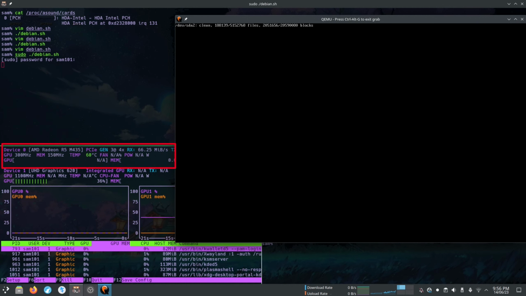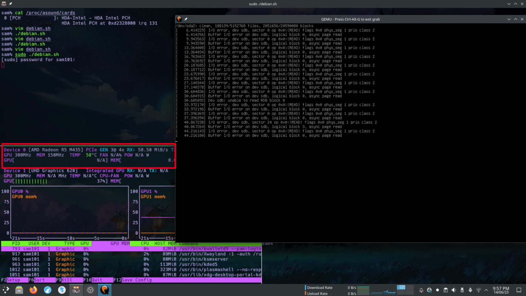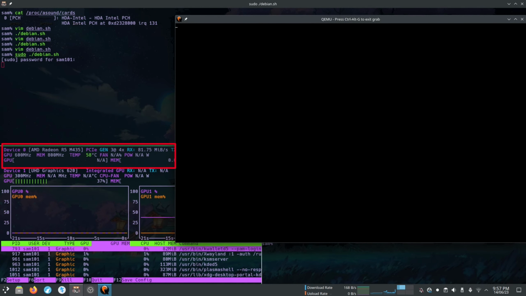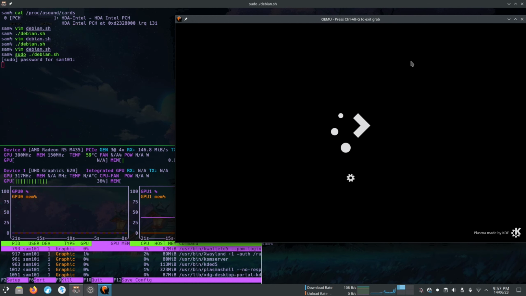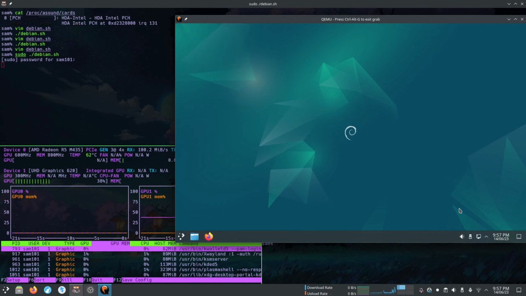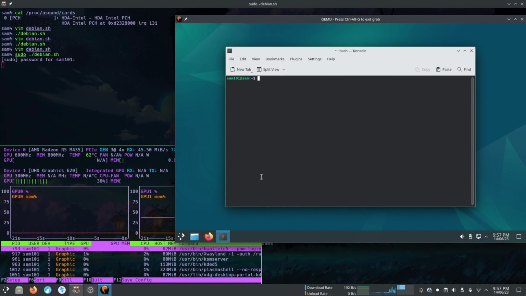Look, our dGPU is getting utilized, which means our VM is now using a dGPU for its 3D acceleration. Finally, our USB device is connected with our VM.